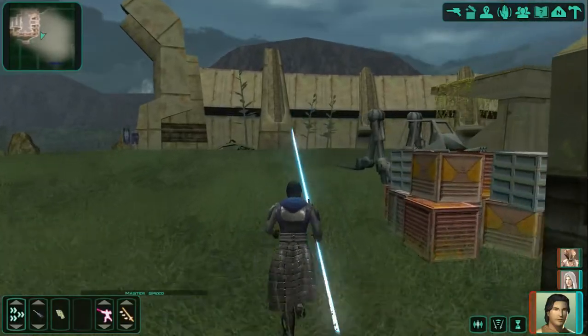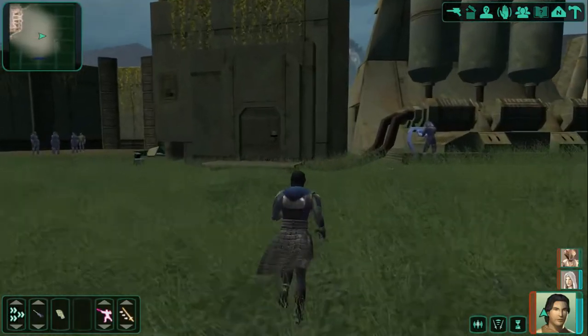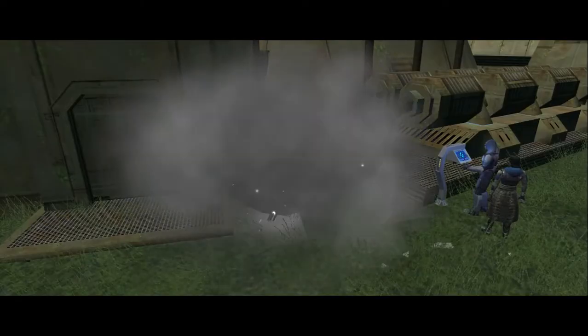Okay, so there's a bunch of stuff you can do around the camp to help them out. So, let's do this. Alright, stand back. Let's see if that...